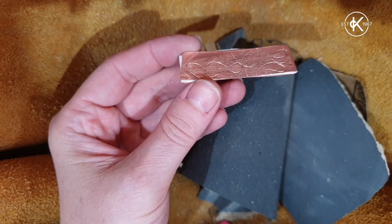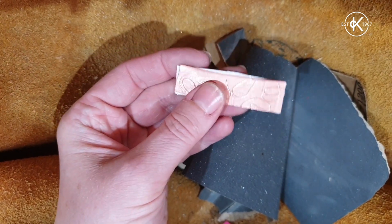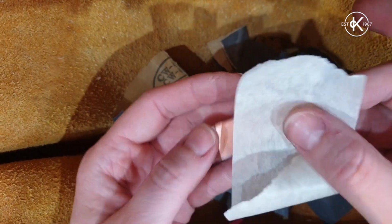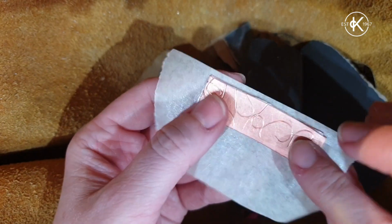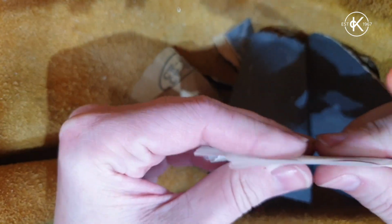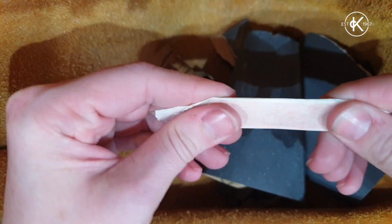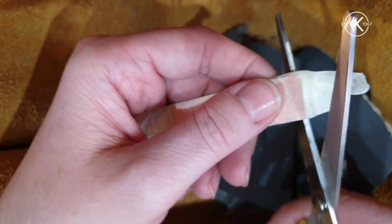just like that. I could just start cutting it out like this once I've drawn my design, but there's always a chance it'll slip slightly when I'm cutting it. So what I'm going to do is take some masking tape this time instead of a double-sided sticky, and I'm going to wrap that around my stack, because it won't get in the way when I'm cutting, but it's just going to help stop those two bits of metal slipping and sliding. That's it, and then I can either cut or tear off the excess tape,